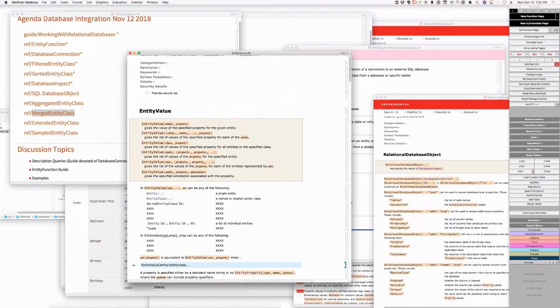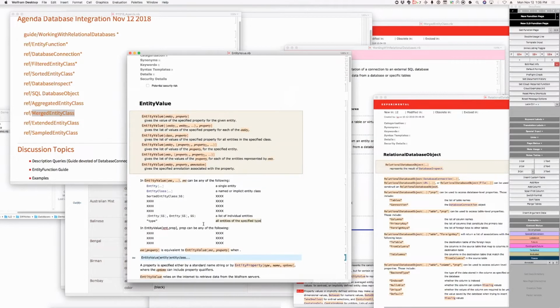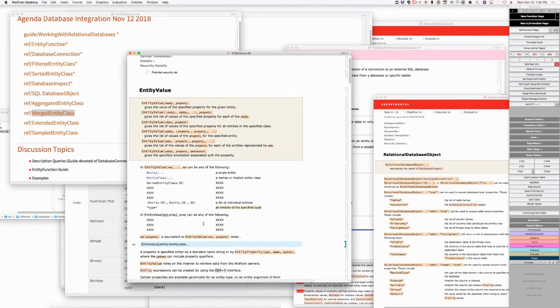All right. So then this thing here, all entities of the given type, of the specified type, right? Okay, so here we've got all of these other things, the merge, et cetera, et cetera. Okay, so now,